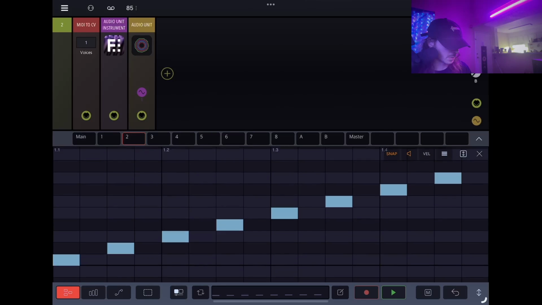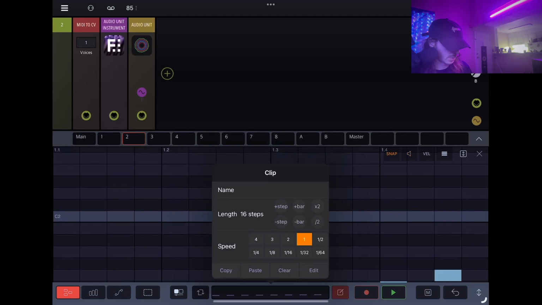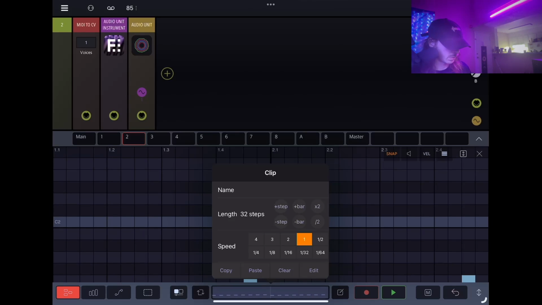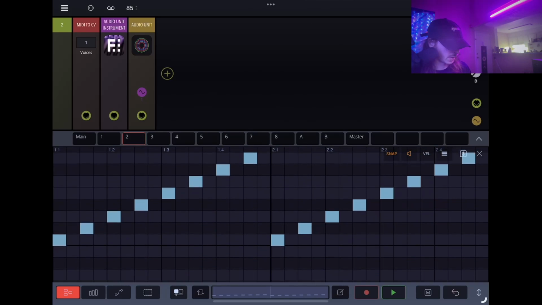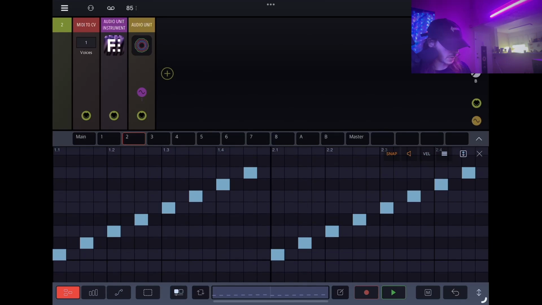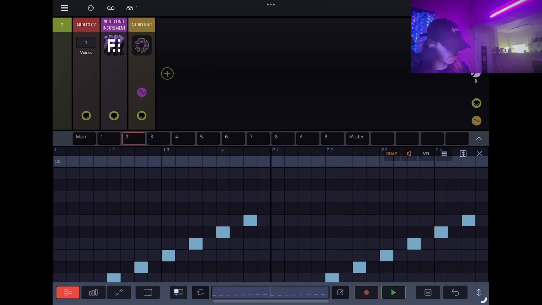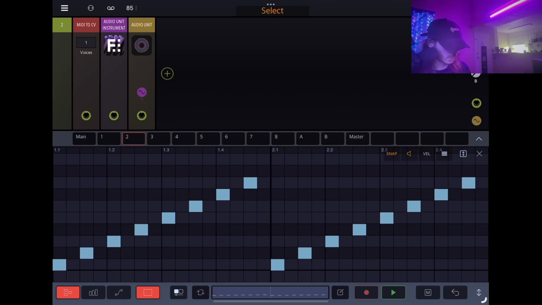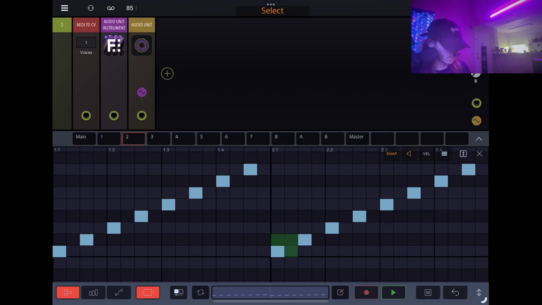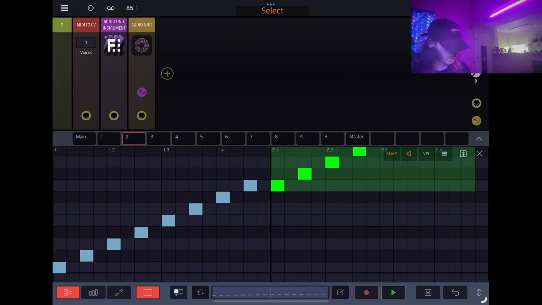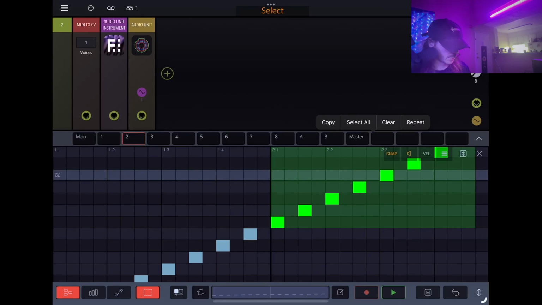Where is my bars? Is it here? There we go. So we can go to length times 2. And now that we have this, we can move all of these up. So I can highlight all of these by grabbing the selector window here and doing this, and then moving these up. I love Drambo. It's such a good tool. And now if we hit play,